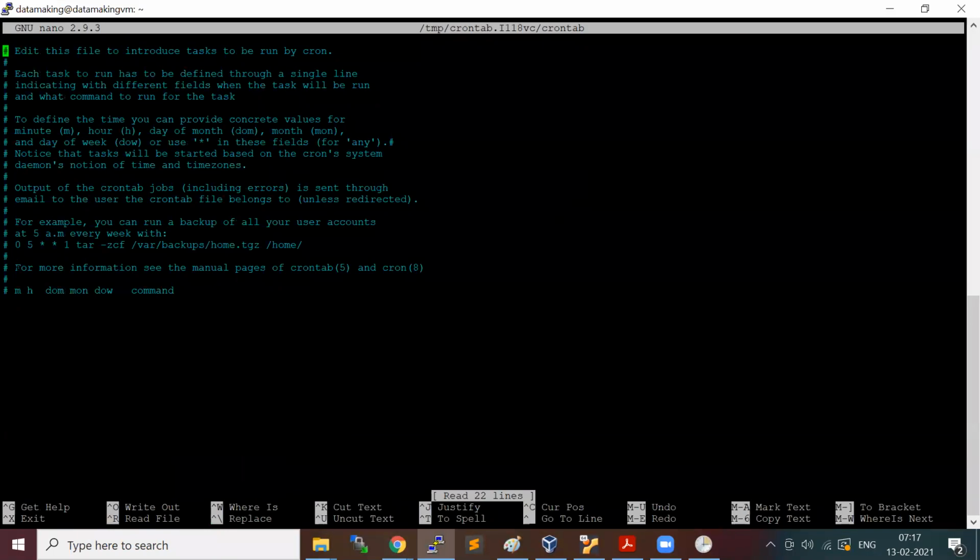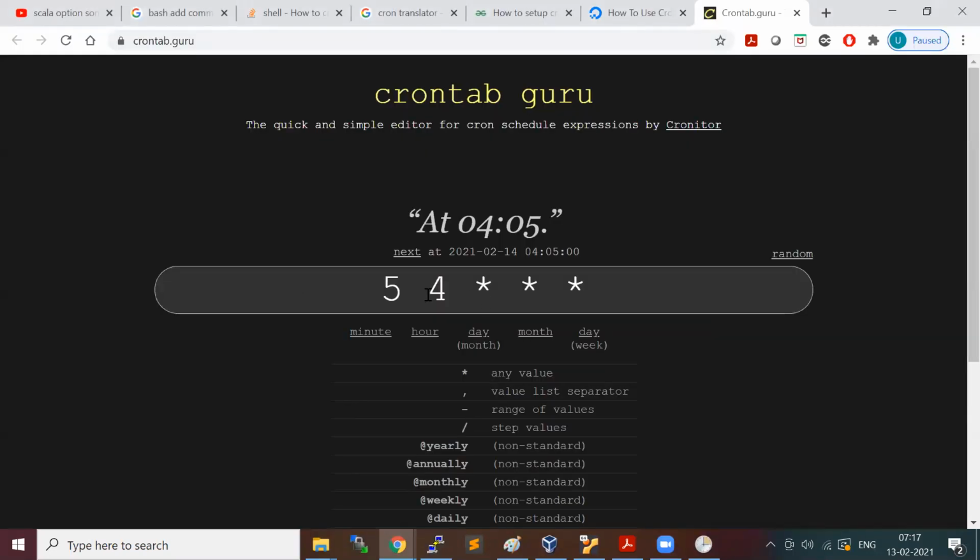Initially you need to specify 5 pieces of information with a space separator. Each star or value you provide in that position is referred to like this. So if you say 5 space 4 space star star star, it means every day at 4 a.m. it is going to start the job you specified, and it is going to run.